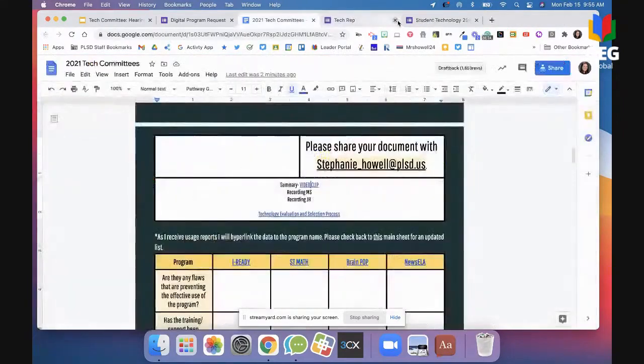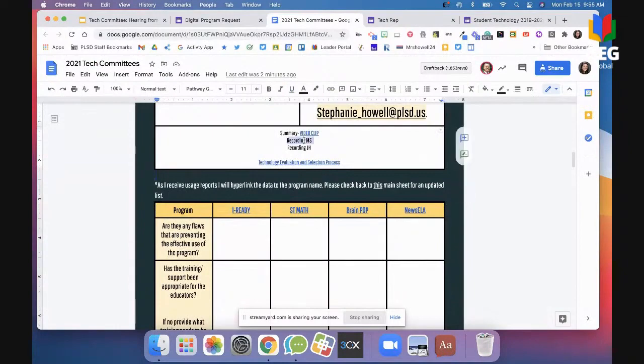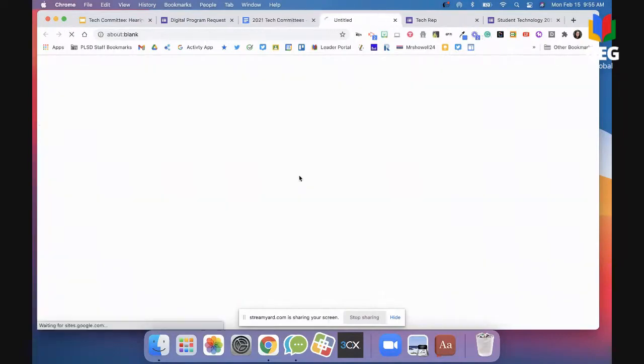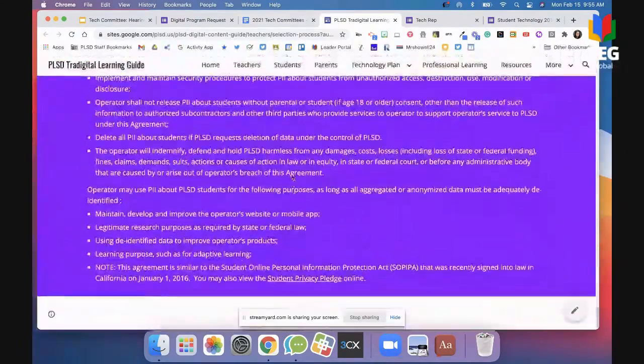So all of that is available for my teachers. And then right here, I can add recordings that I'm going to do for my teachers. So I'm going to actually add in the recordings of the time that I meet with them. And then I give them the Google site that goes over the whole process so that they can understand the